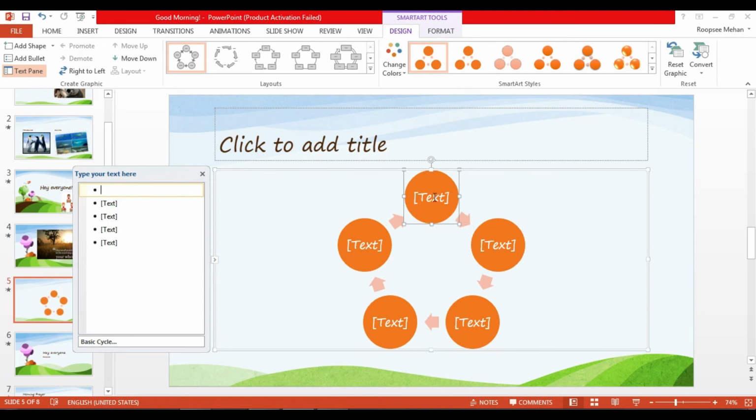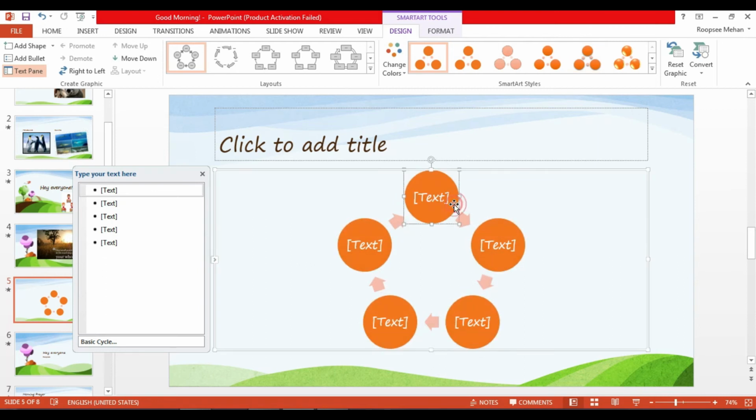Now here you can type the text. Just click over here and type the text, or you can directly type the text here in the text area. So if you want to depict a life cycle of a butterfly or the food chain, you can use these SmartArt graphics to make your presentation more interesting.